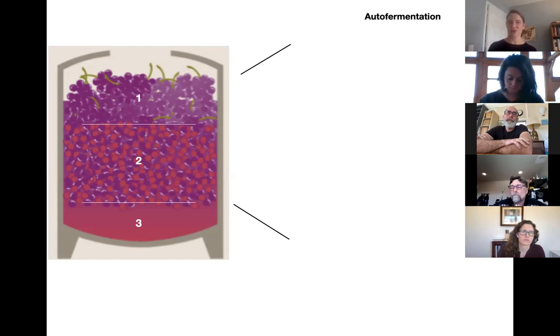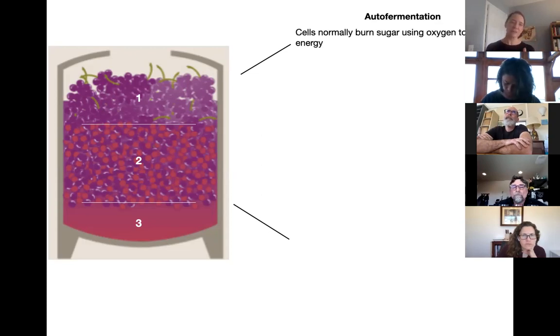Sometimes that process is called carbonic maceration, and chemically it is carbonic maceration. But carbonic maceration also refers to a particular protocol or procedure. So today we'll refer to that chemical process inside the grape as auto fermentation, just for clarity. To understand auto fermentation, I think the easiest thing for me is to take a step back